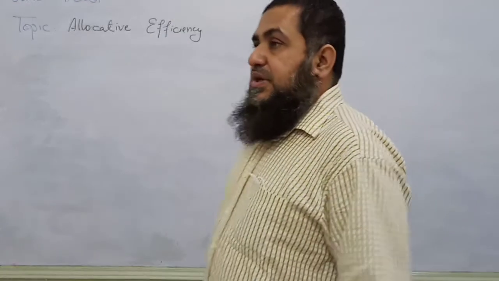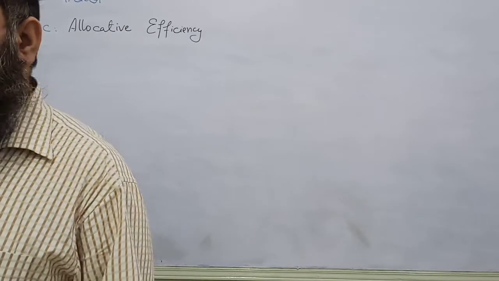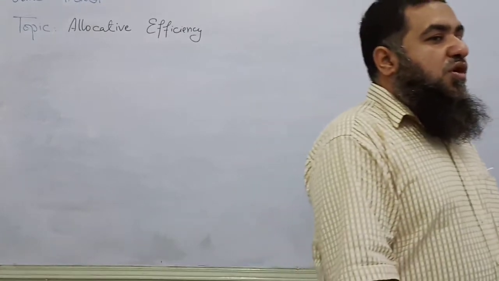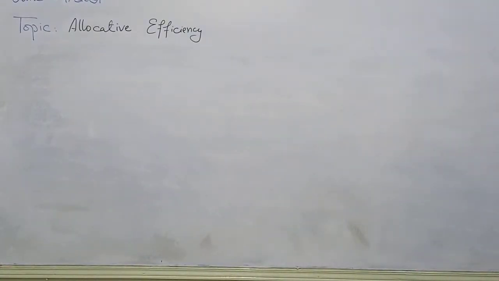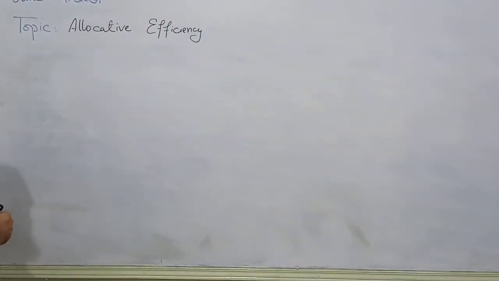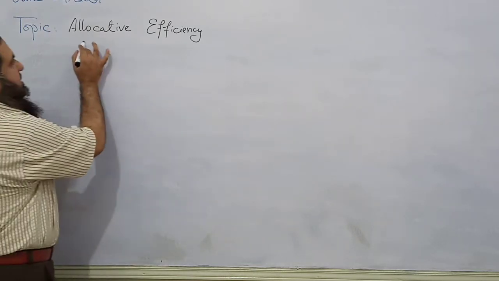So, allocative efficiency means when market forces are allocating resources in the production of those goods which are demanded by the consumers. If consumers are demanding cell phones and the market producers are supplying them, then resources are allocated in the right direction in which consumer demand is rising. Keep it in mind, we have two types of allocative efficiency right now, in the market and in the firm. What do we mean by allocative efficiency in the market?